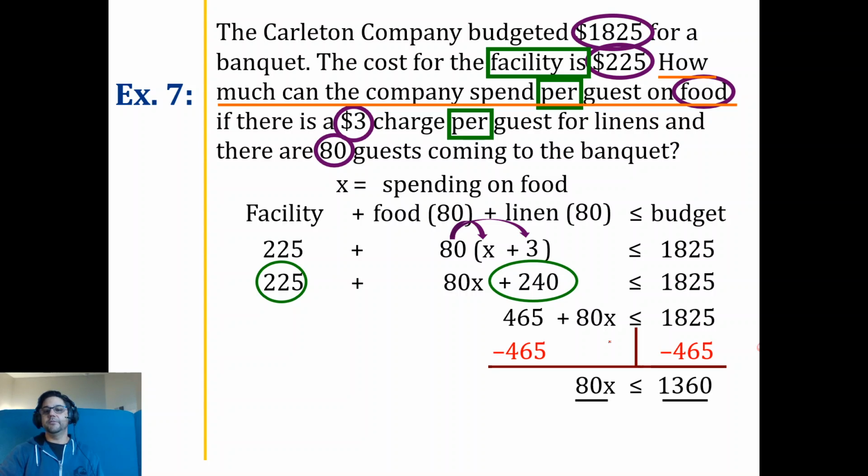When I divide, remember, I can use the little trick if you'd like to. You can cross off the 0 at the end, only at the end, because again, it's like dividing by 10. 80 divided by 10 is just 8. 1360 divided by 10 is 136. I just cross off the zeros. All right, doing some quick division. I know that x is less than or equal to